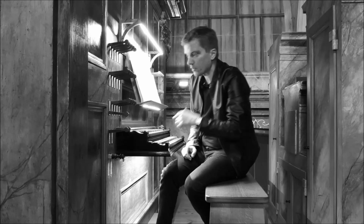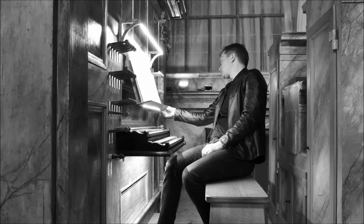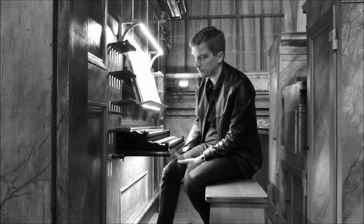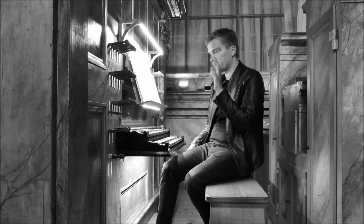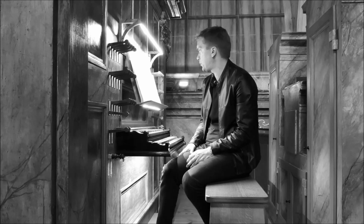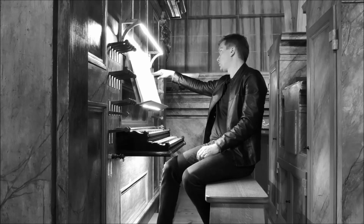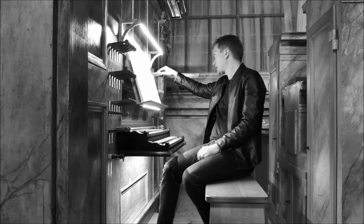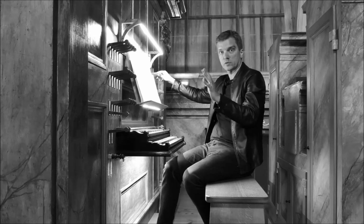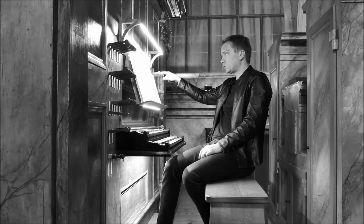So we begin at the beginning. Nun komm der Heiden Heiland, and I'm going to put the whole disposition in the video description. Now I'm going to use the full sub-bass 16 and gedeckt bass 8-foot in the pedals. Then there are two 8-foot flutes on the Hauptwerk, and they are quite different, which is nice. So you can use the one and then the other one. And I like to use here